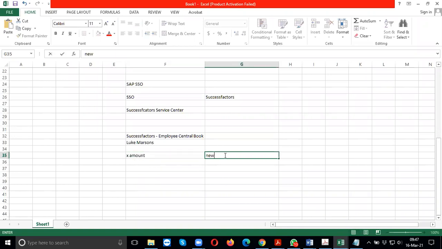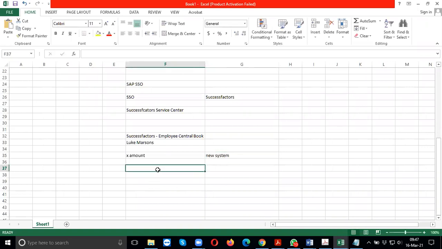Sometimes they also do some reformatting of data. Yes, they will do data cleansing, or they might do data refreshing.